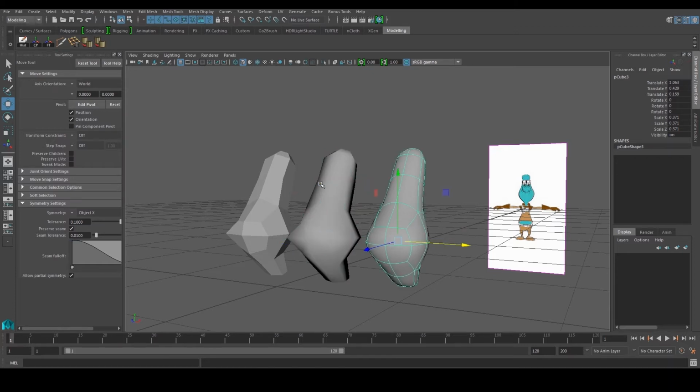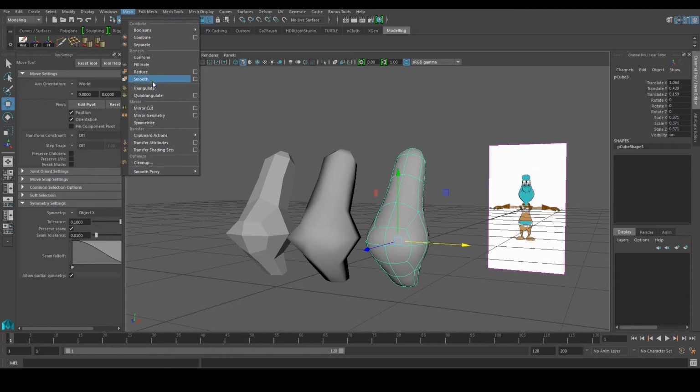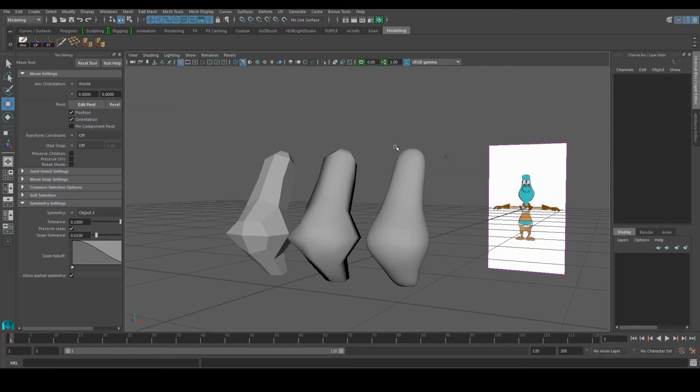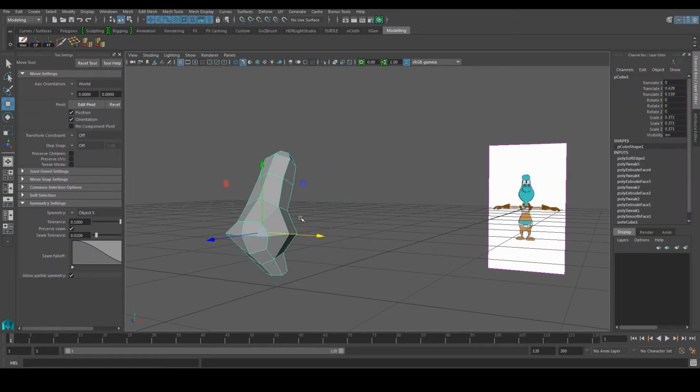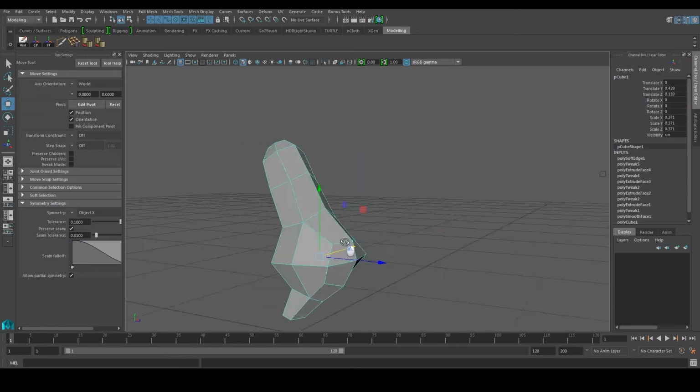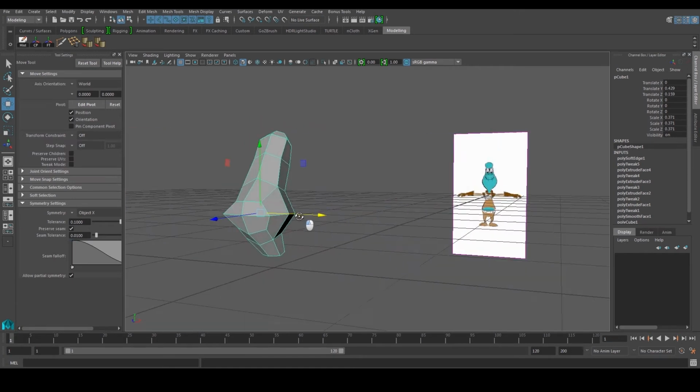Usually when we press 3 or we go to mesh and smooth and we increase the divisions, that is for when we want to do animation. So when you're watching your animated movies, Pixar, Disney, whatever, most of the models are smooth. In fact, all of the models should be smooth, so that you have this nice clean line going around over here. And usually you add more subdivisions to kind of hold the integrity of your shape. Alright, so that's something for you to take note of while you're modeling, and how you use these models for your character, for games or animation, whatever it is.